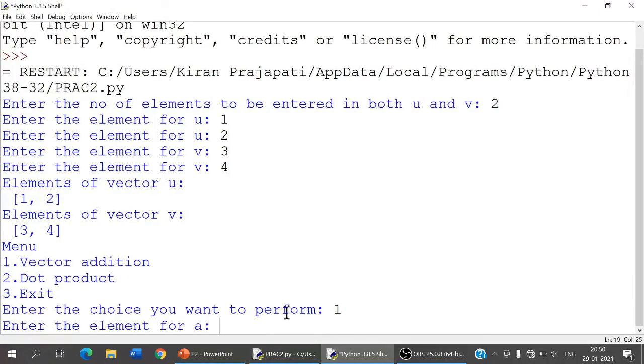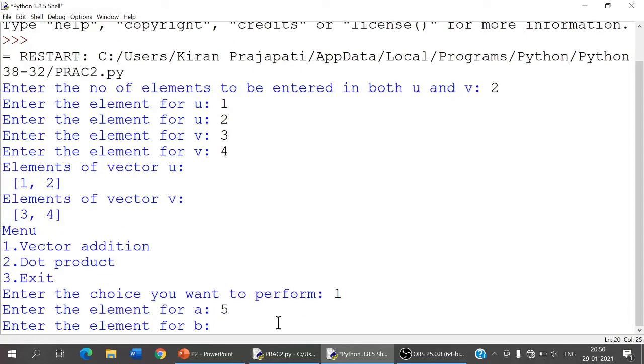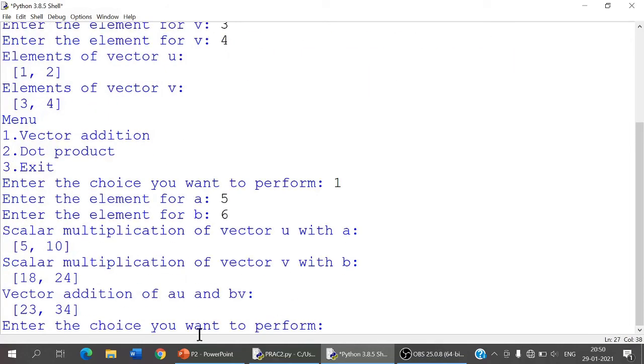After choosing operation 1, it is going to ask me for the elements a and b. So I just enter a as 5 and b as 6. Any value you can give. So a into u will happen, a u. So 5 into 1, 5 into 2, that is 5, 10. And then bv will happen.